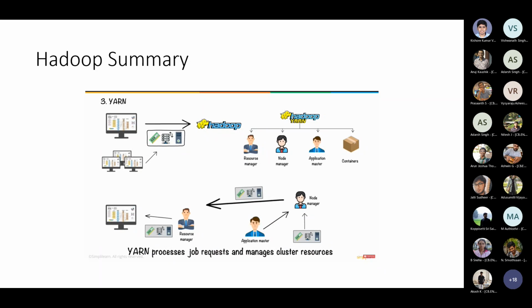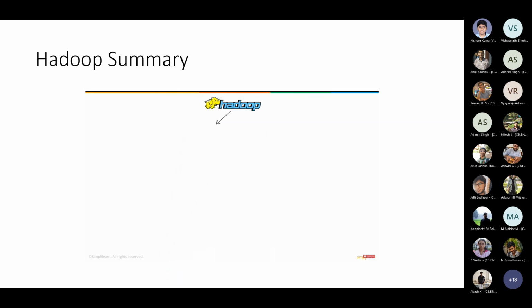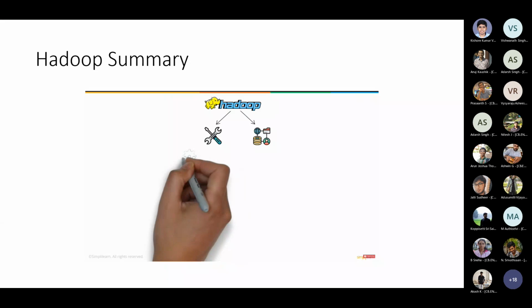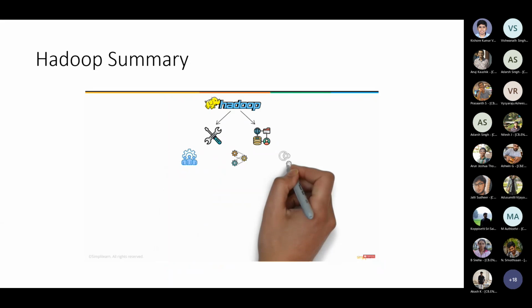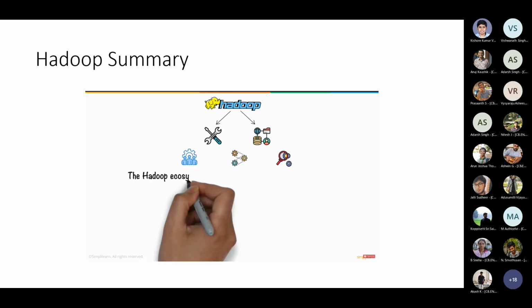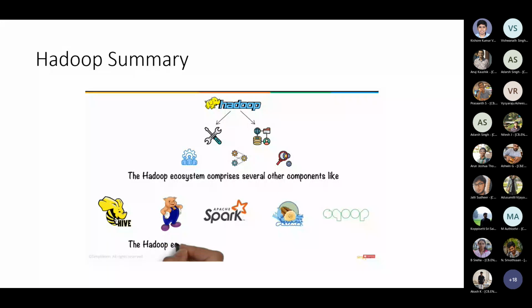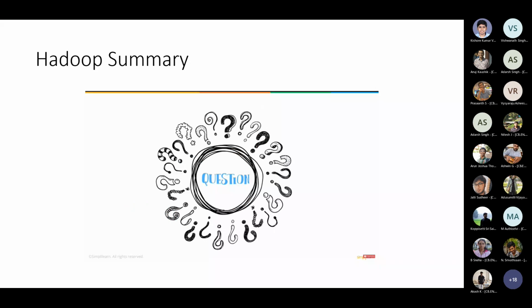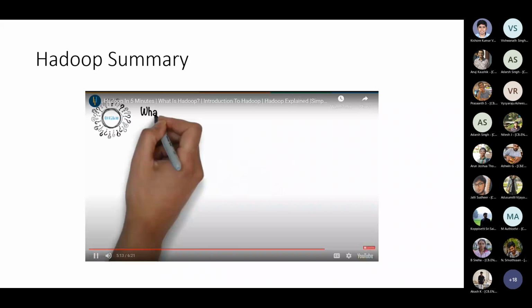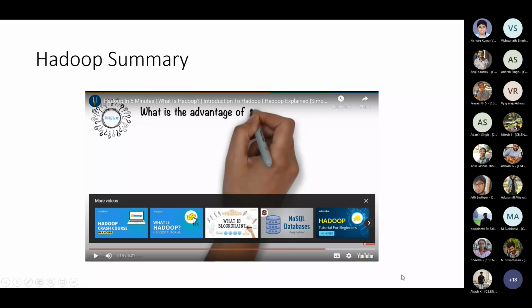In addition to these components, Hadoop also has various big data tools and frameworks dedicated to managing, processing, and analyzing data. The Hadoop ecosystem comprises several other components like Hive, Pig, Apache Spark, Flume, and Scoop, to name a few. The Hadoop ecosystem works together on big data management. So, here's a question for you. What is the advantage of the